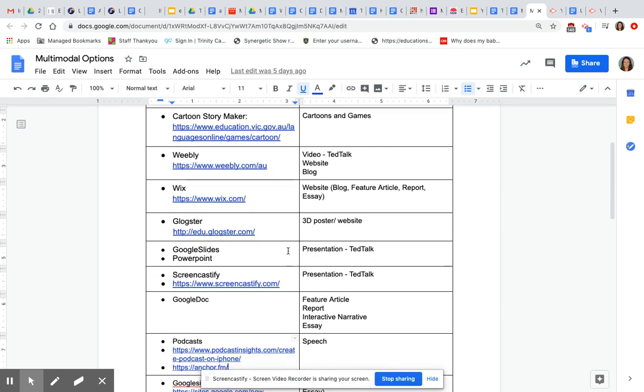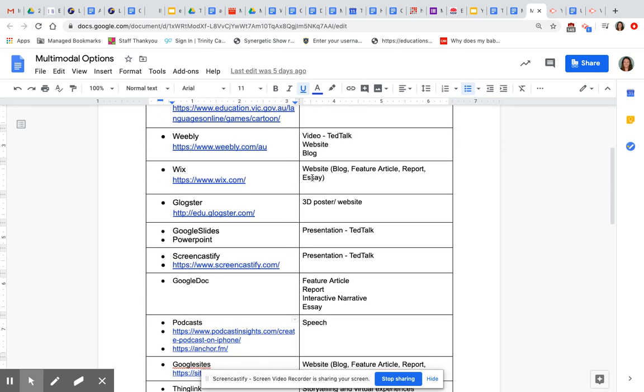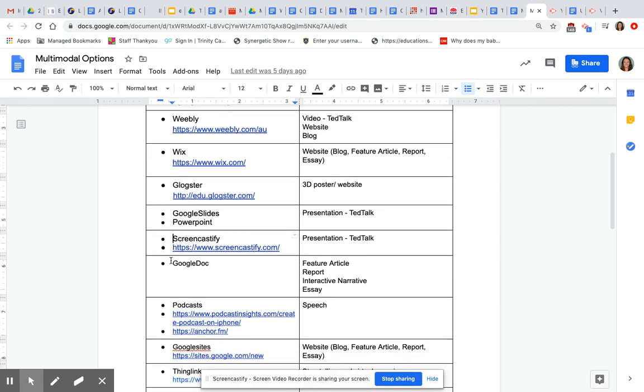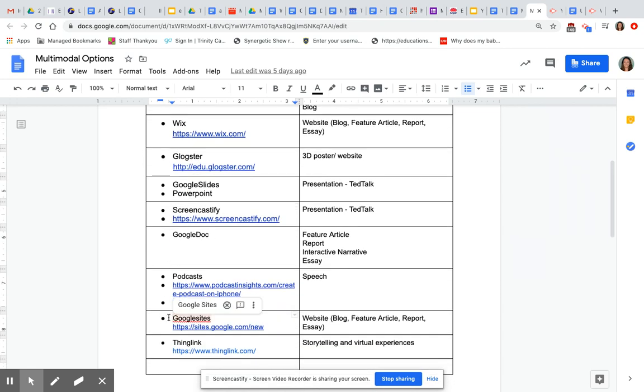If you're thinking about a video, a TED Talk, a website, or a blog, there are lots of options. Weebly, Wix, Blogster, Google Slides, PowerPoint, Screencastify, Google Sites. If you're thinking about a feature article or a report, an interactive narrative or poem, an essay, Google Doc might be the option for you. If you'd like to do a speech or a podcast, Anchor.fm is a useful website, and ThingLink is great for